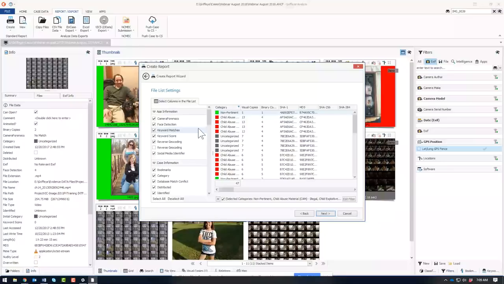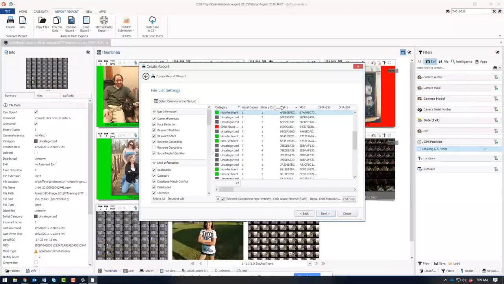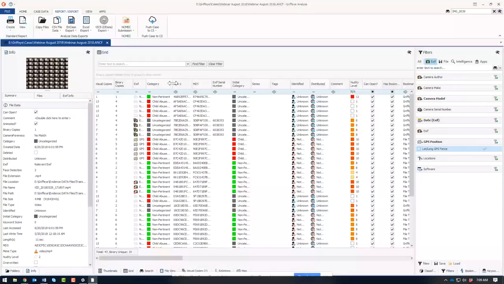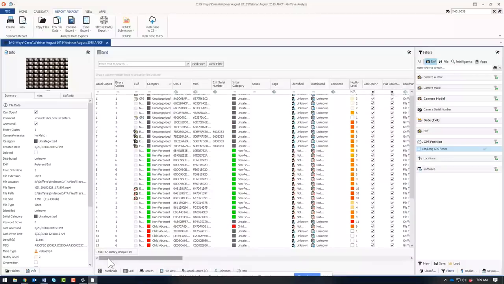So right when you get to this point, this sorts just your column headers, just like in grid view. You can sort your report based on category or whatever column you want to sort it by. That's how you would do that. It works just like the grid view. So up in the grid view, if you click a column header, it'll sort by that column header. You can also filter right within the grid view. Grid view is a very powerful view as well.